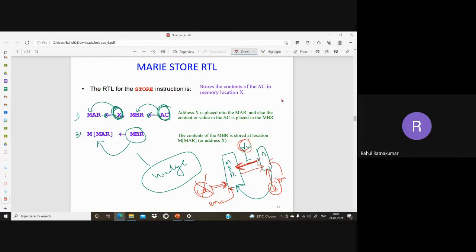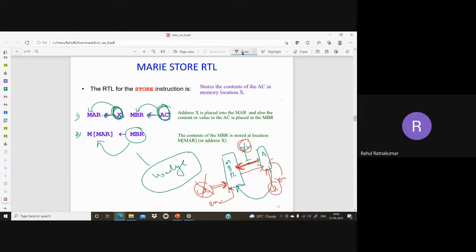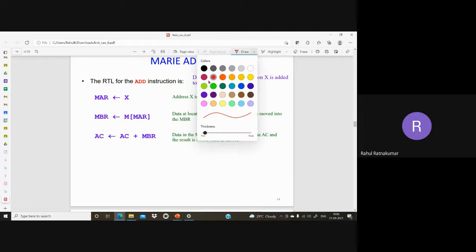So this basic digital understanding is required, especially for an electronics engineer. This will help you very much. Basic understanding of what is a register, what is a load signal, what is enable, all those things will be very helpful and will help you design a small computer. Similarly, you can understand other instructions. I'm repeating this because it's very important. If you understand this, it will be very helpful.